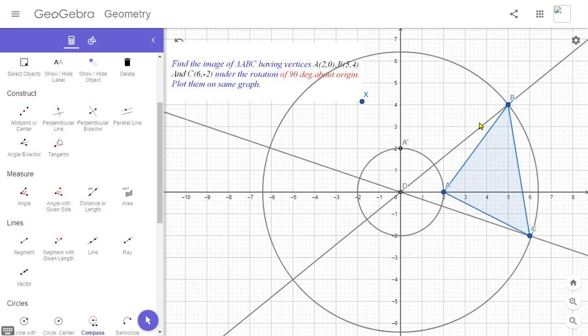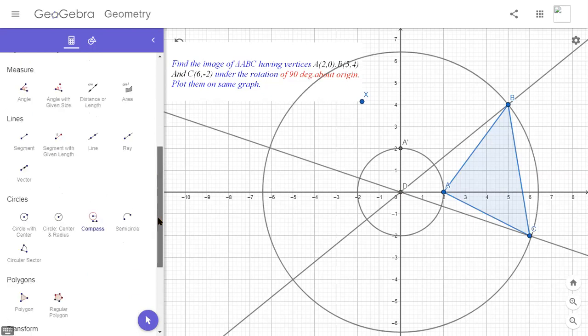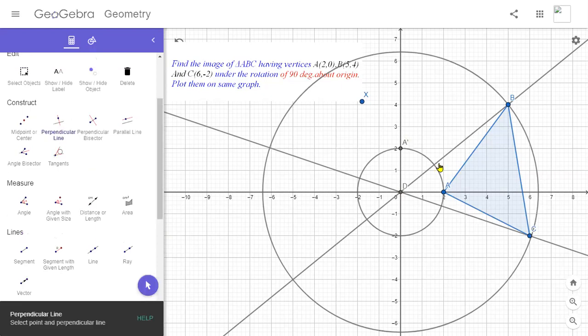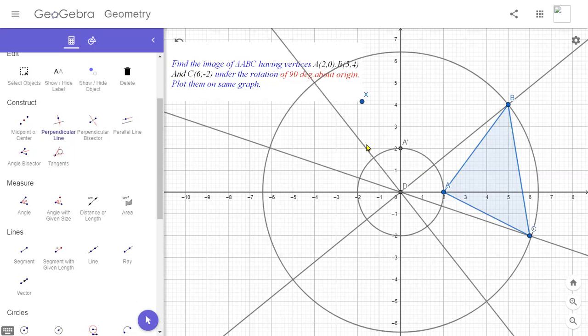And the next step is just making the perpendicular line with this line that passes through the vertex B. The angle should be in counterclockwise direction. Let's make an angle of 90 degree in counterclockwise direction with this line dB. This is the line which makes an angle of 90 degree in counterclockwise direction with the line dB.